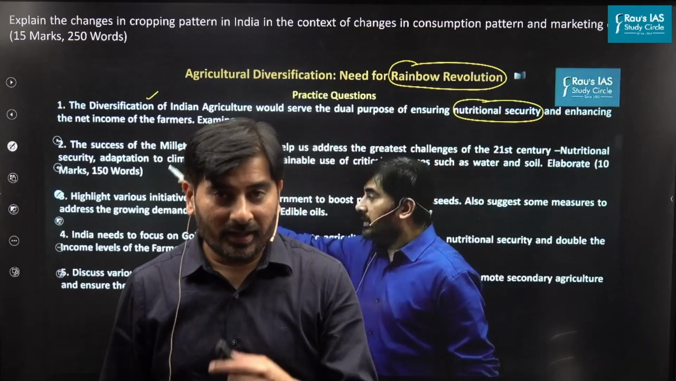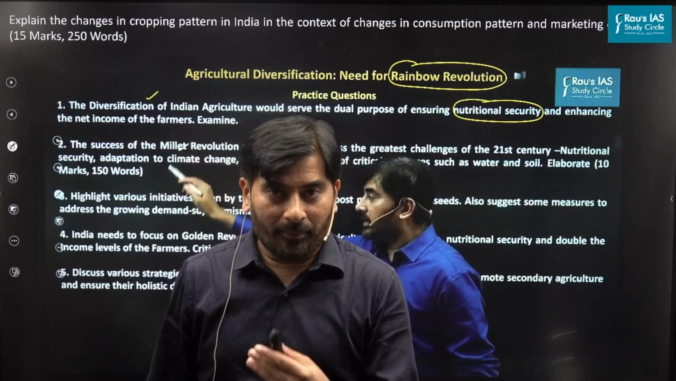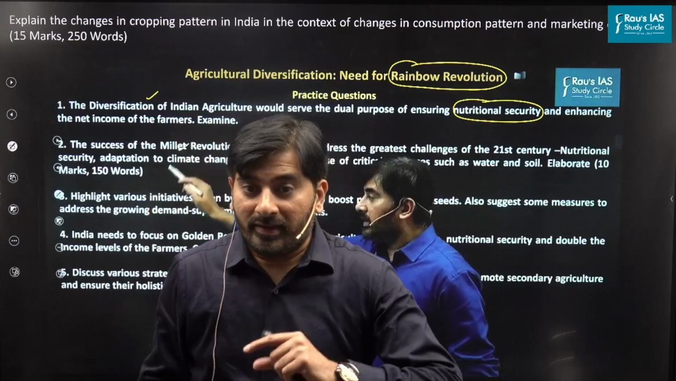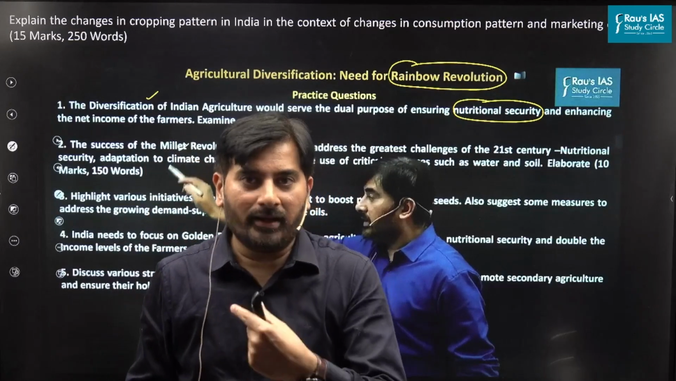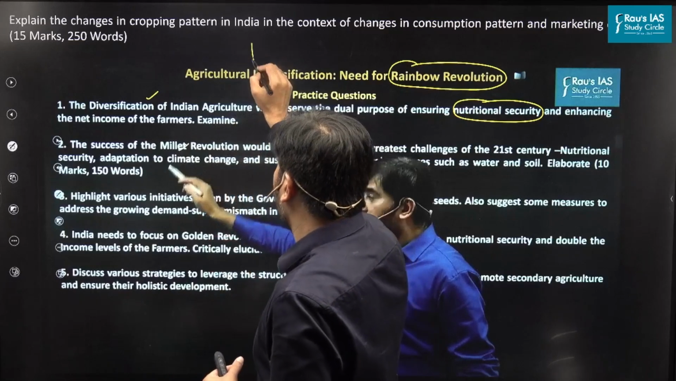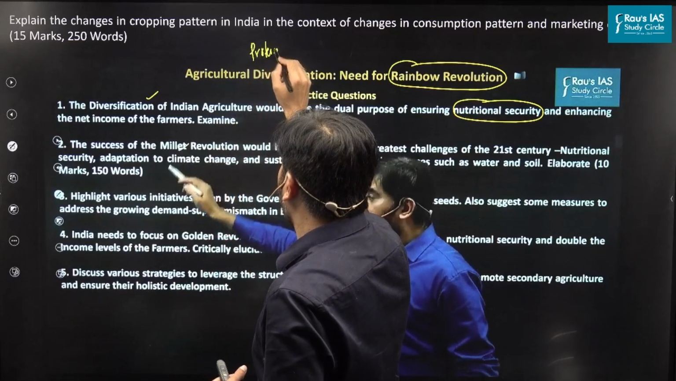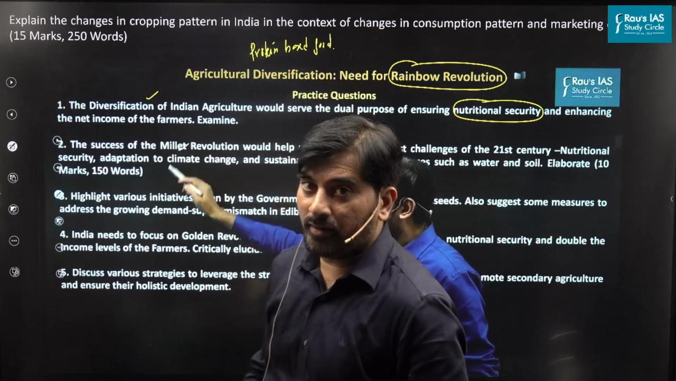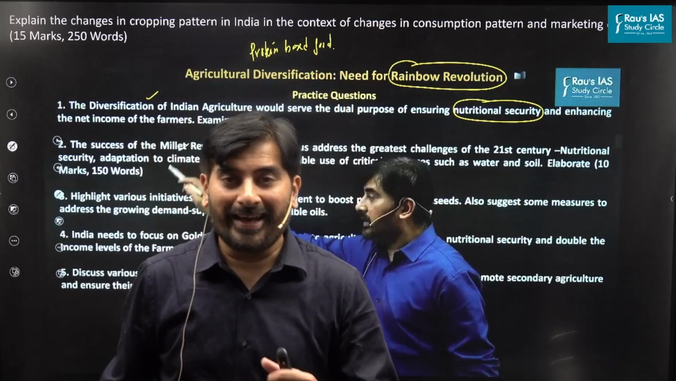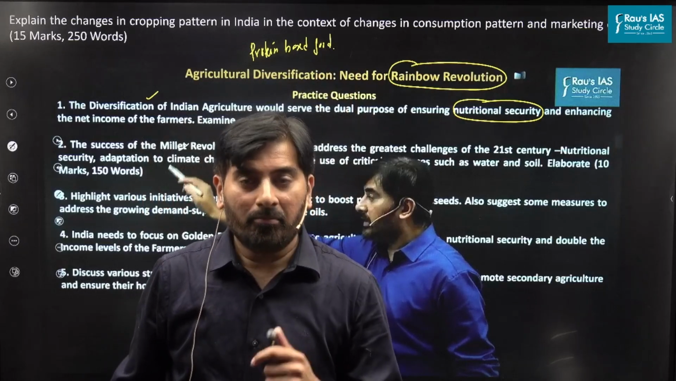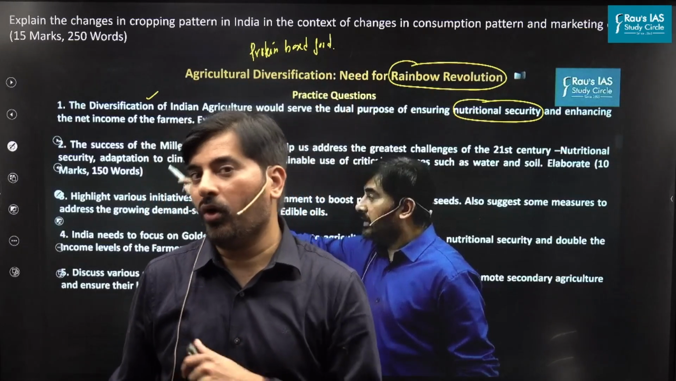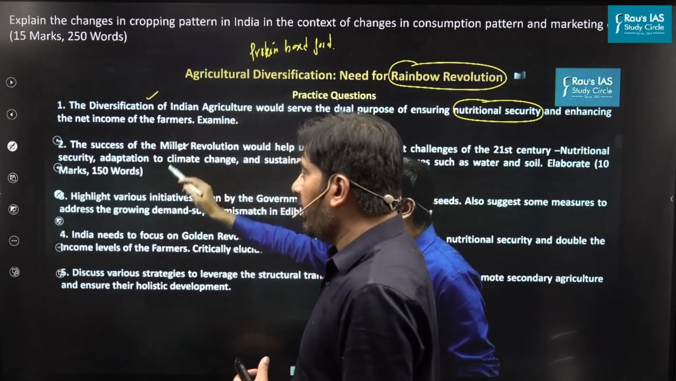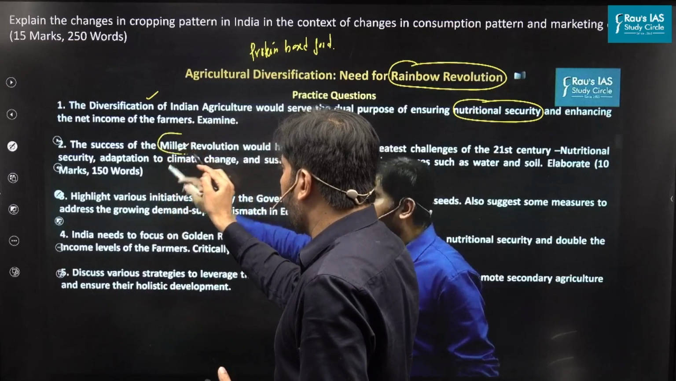In particular, in case of India, it has so happened that as the income levels of the people have increased, there is a shift in the consumption pattern of the people towards more protein-based foods such as egg, fish, meat, milk, pulses, and so on. So because of this shift in the consumption pattern, we are focusing on promotion of millet